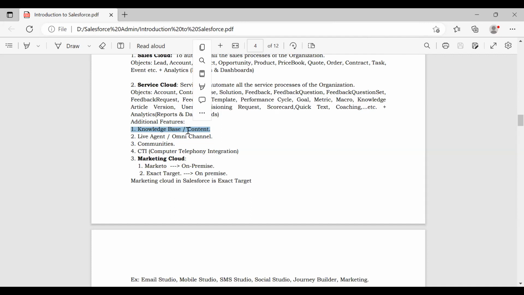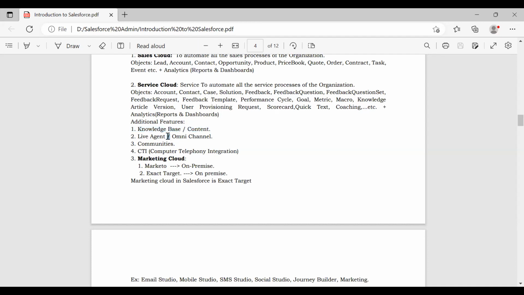So you need not contact any customer care. If it is a small problem, you can rectify it by yourself instead of visiting the customer care service center.